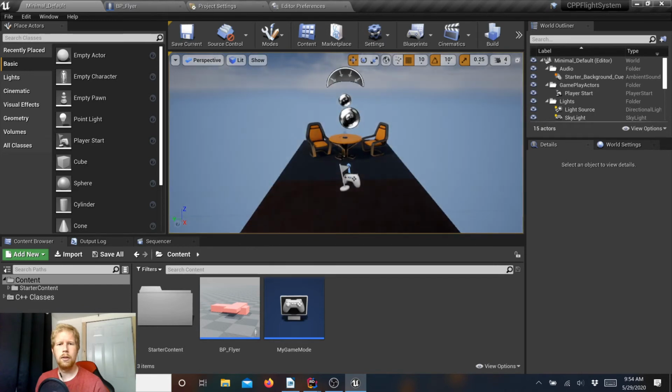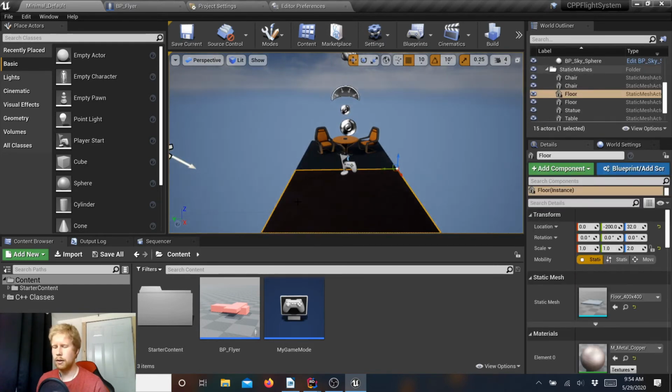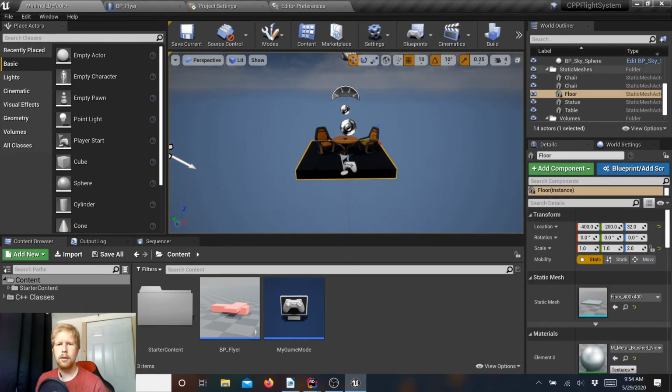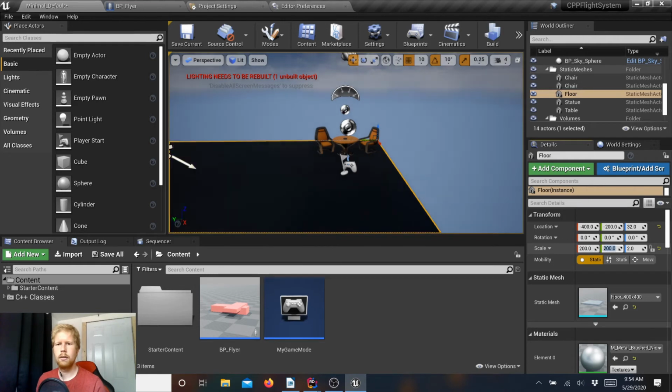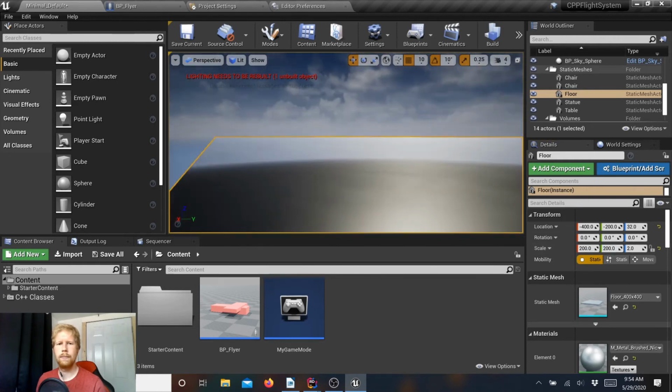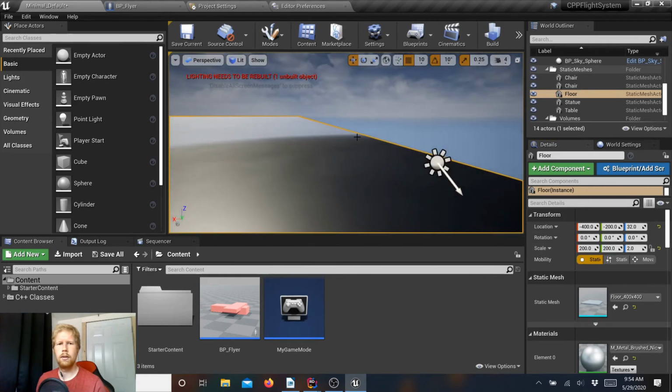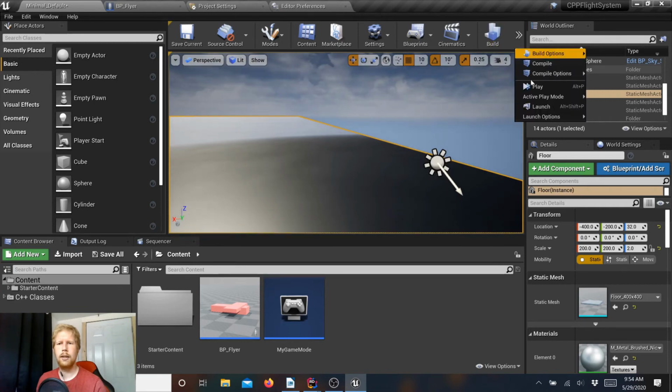So we now have the player in the scene, but let's make the scene a little bit bigger so that we can see a little bit more of what we're doing. I'm going to scale it up by 200 on that. Good. Okay, so now if we play this,